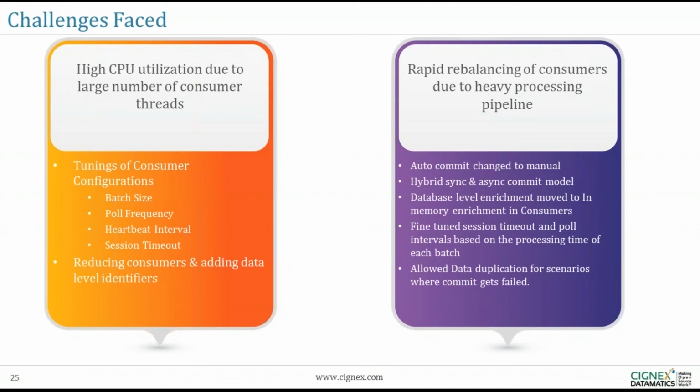and needs. Now, after this, the next piece that went in: since we balanced it and tuned the configurations, there was still a need for further increasing the performance. And when you talk about performance, of course, the first thing that we want to tune is how we commit the reads that we have made, and how we can further enhance the whole transformation layer of my ETL pipeline. This is where we made very basic changes, moving from an auto commit model to a hybrid model of sync and async commit.